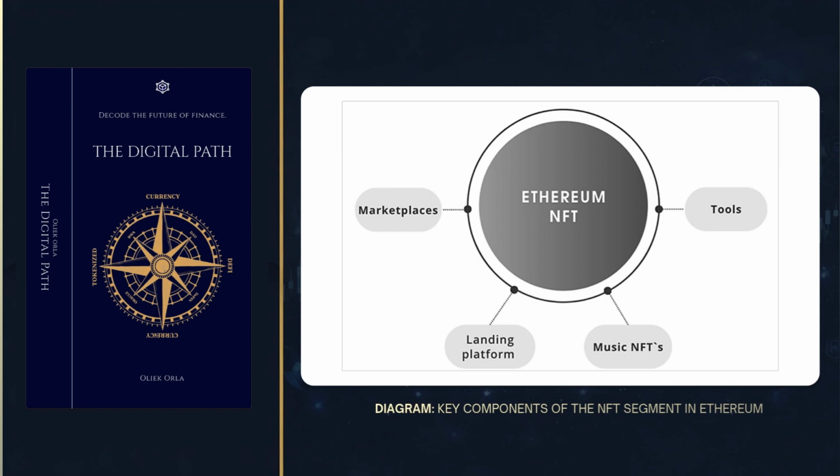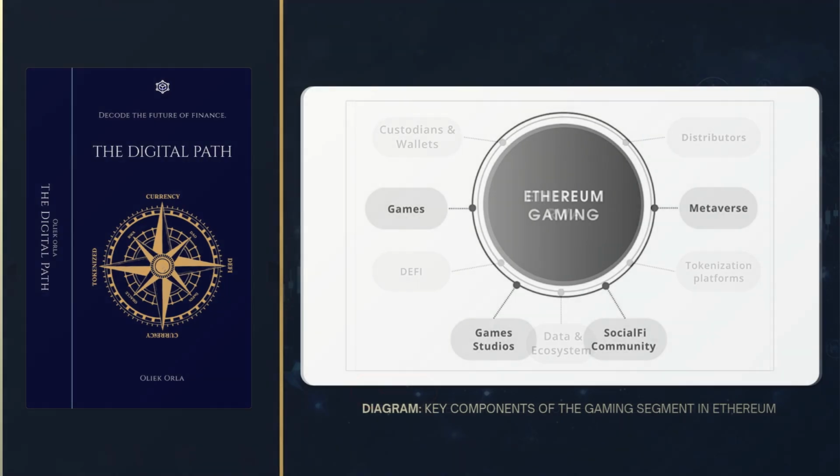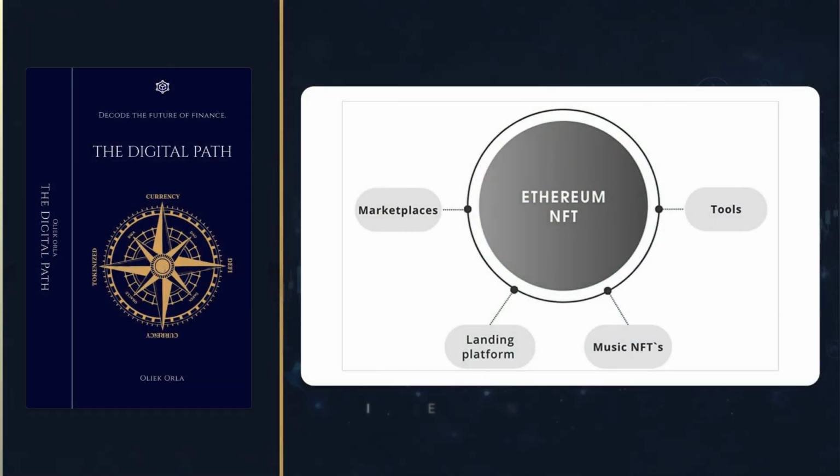1. General marketplaces. Support a wide range of NFT categories: OpenSea, Rarible. 2. Specialized platforms. Focus on digital art or niche segments such as gaming assets or virtual land: Foundation, SuperRare. 3. Aggregators. Combine listings from multiple marketplaces, enabling transparent price comparison and improved liquidity access: LooksRare. NFT tools represent a suite of services and technical solutions that support creation, management, analytics, and secure